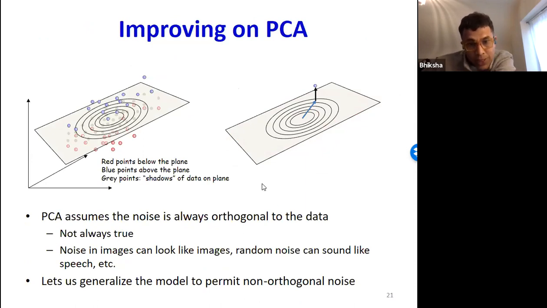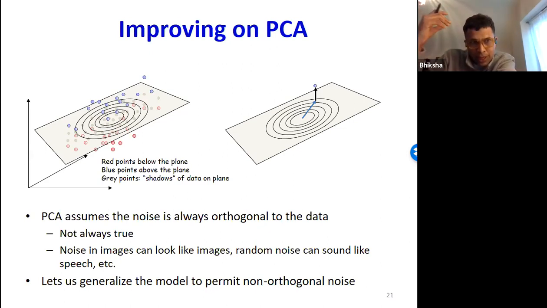So finally, we saw that we can improve upon PCA. The problem with PCA was this: it's limited. It assumes that there is a principal subspace, that you're taking a Gaussian step on the principal subspace, and then you're adding some noise to the data that is orthogonal to the subspace. And in real life, we know that noises don't need to be orthogonal to the data.